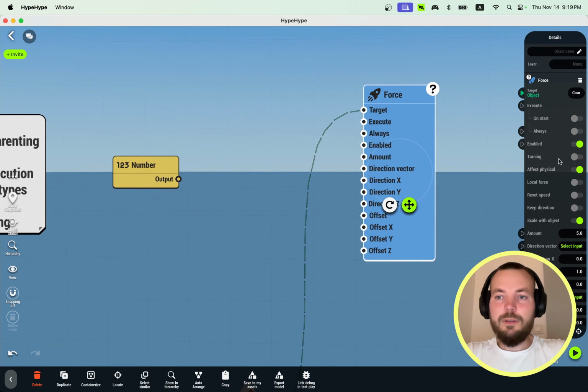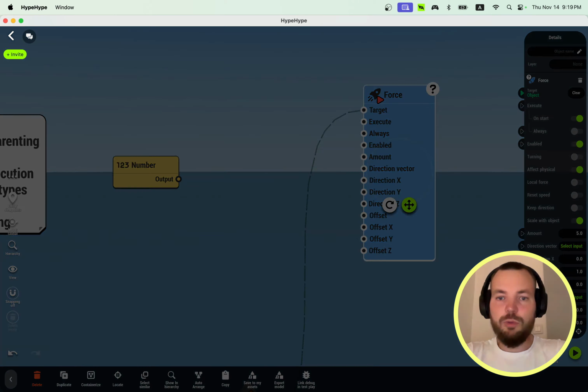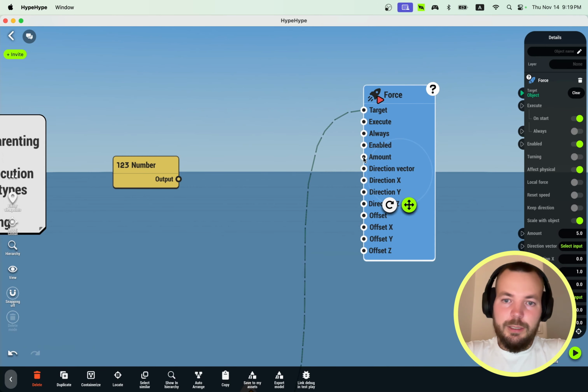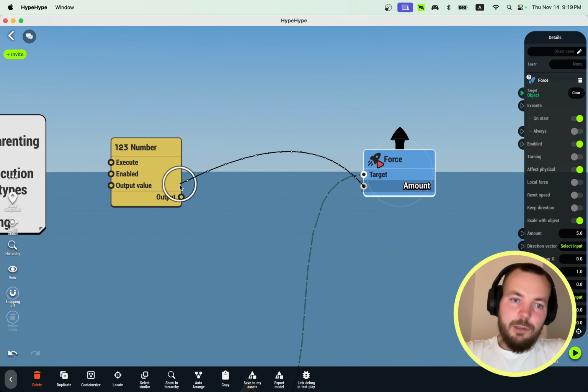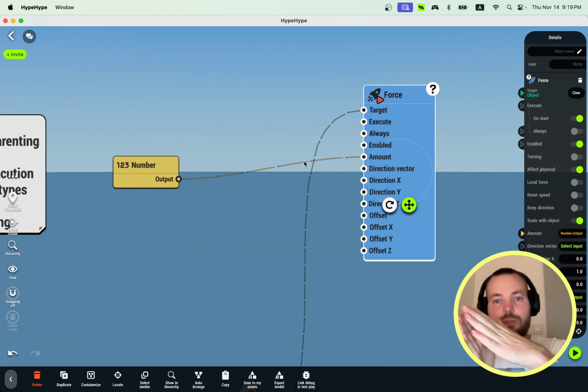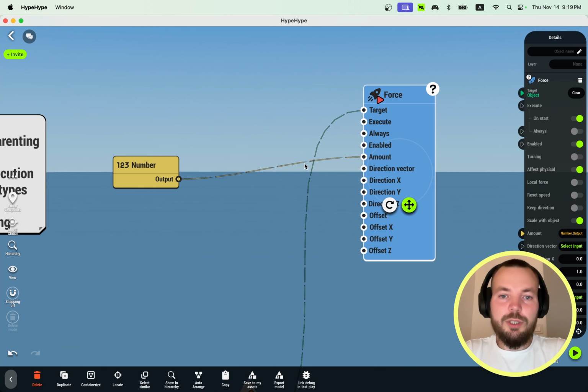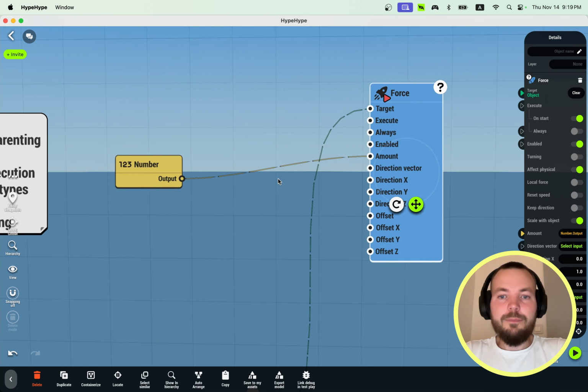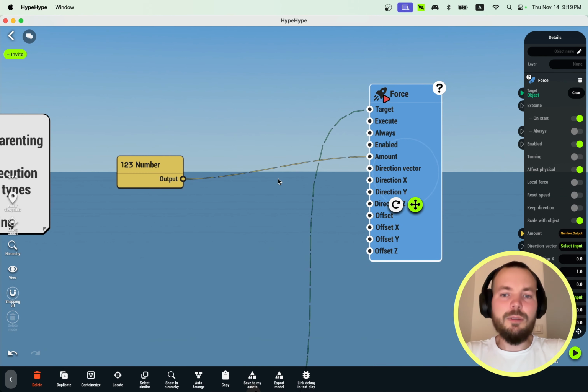Let's set up the node force to start at launch. If we don't overwrite the amount, the cube jumps a bit. And the third type of link is when we do it like this, and the link becomes yellow. It also looks like an arrow. I think this type of link is called readable. This node, when executed, takes the value